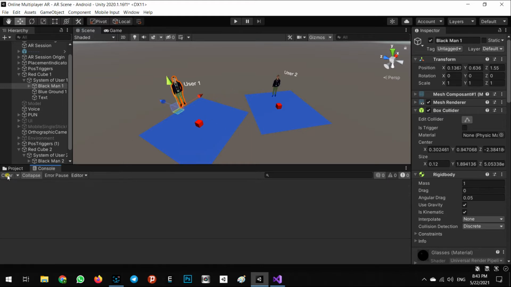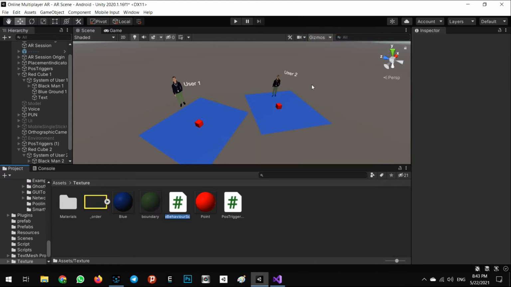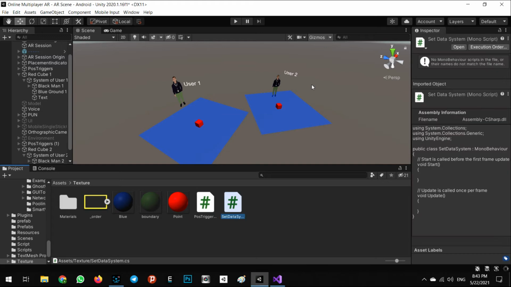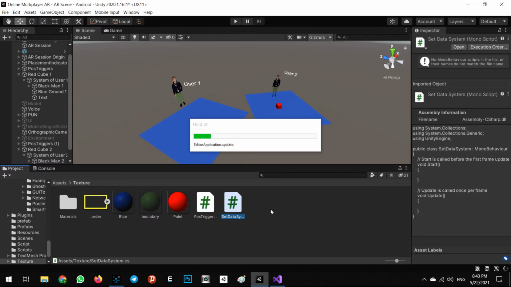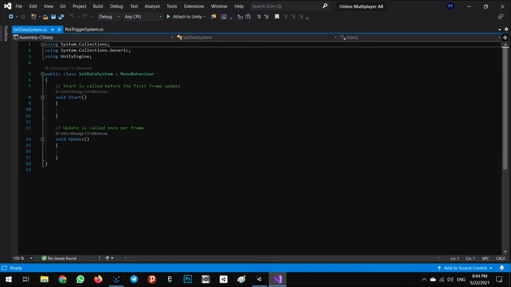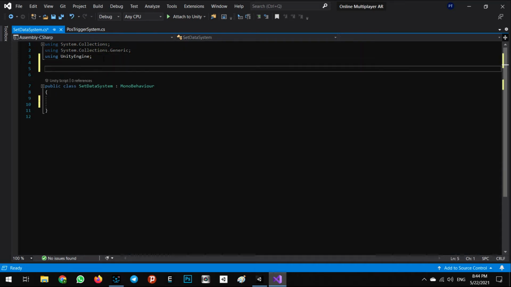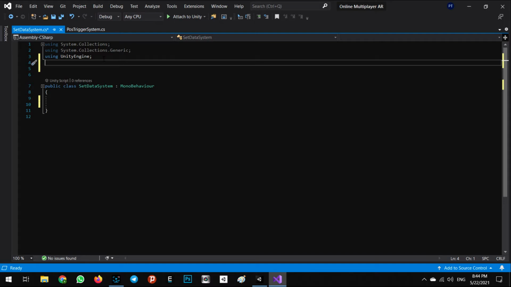Okay, now let's make it. We call this system set data system. Let's wait for compiling this. Alright, let's open it. In here we need to add some libraries. It's called using